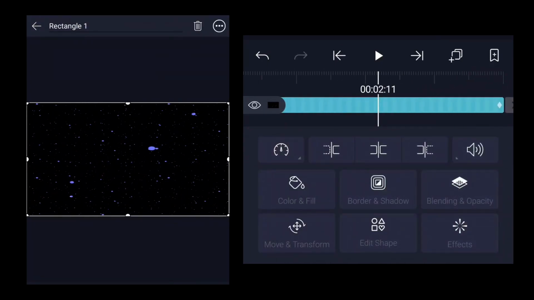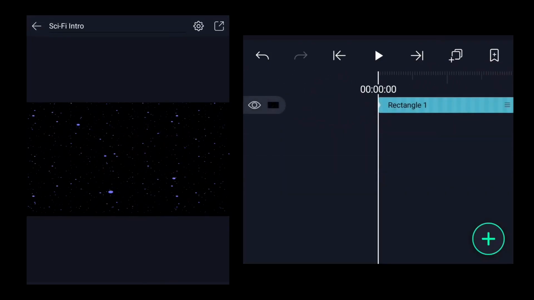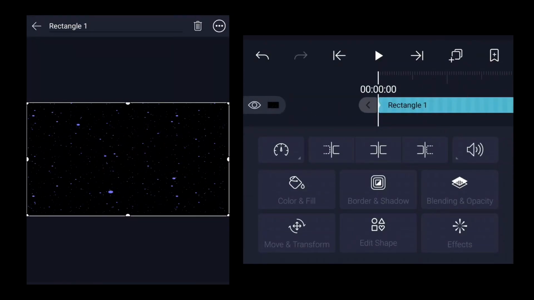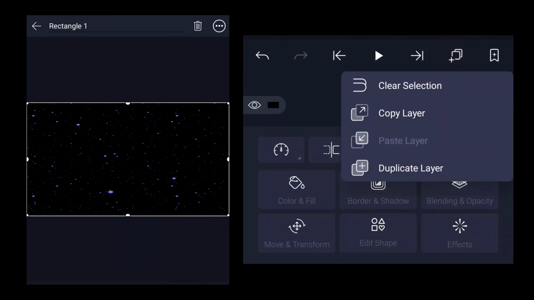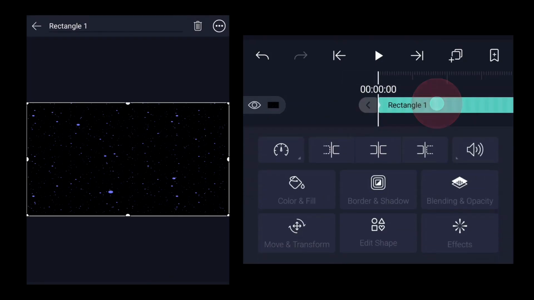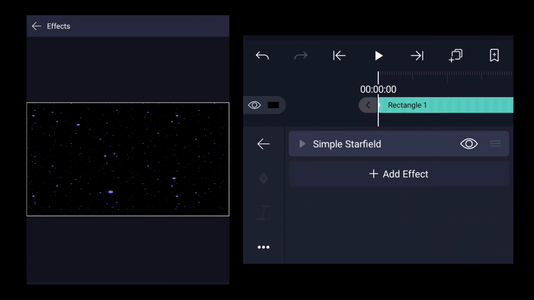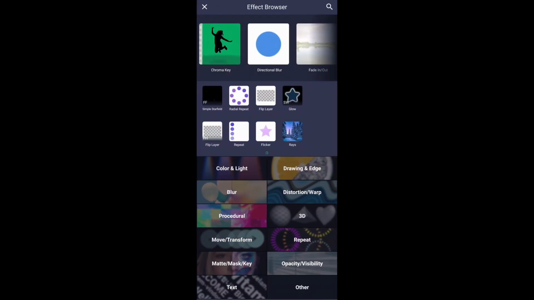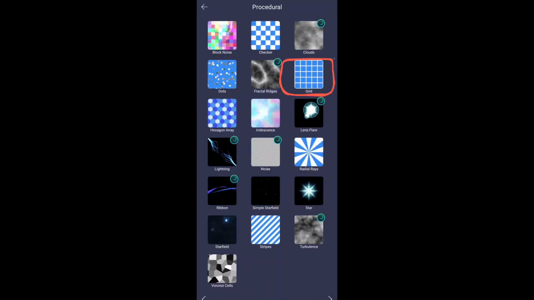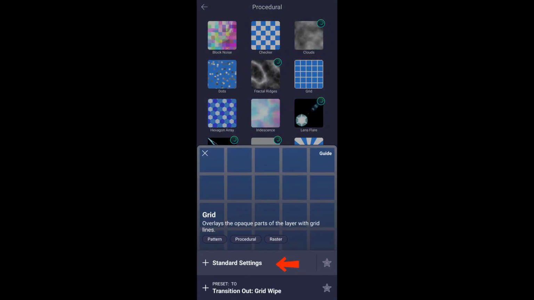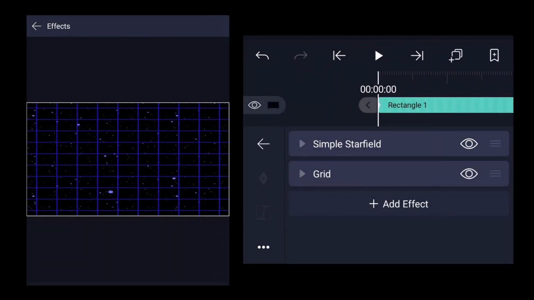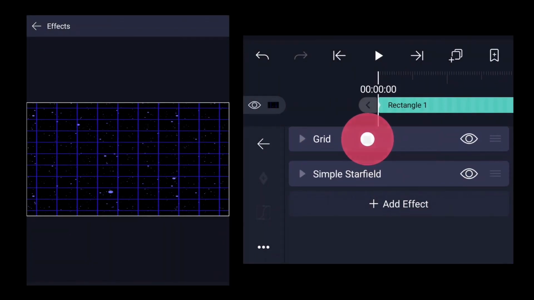Go back at the start of the timeline. Select the rectangle 1 layer, click on the layers option. There you can see the duplicate layer, so just duplicate it. Select the topmost rectangle layer, click on effects, click on add effect. Then we want to select the grid and it is again inside the procedural, so select the grid, select the standard settings, move this to the top,